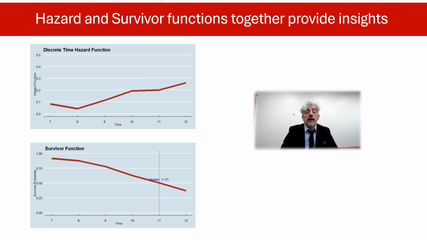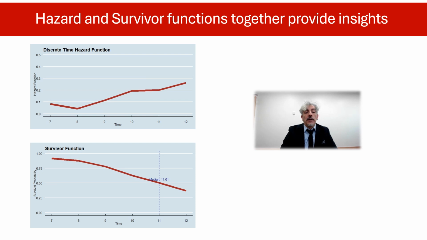But after year 8, the hazard function increases, and we note a relatively steeper decline in the survival function. So it is useful to use these two plots in combination, particularly because hazard functions can vary a lot more across time, and it may be difficult to recognize a pattern. So looking at those functions together can provide some understanding of the